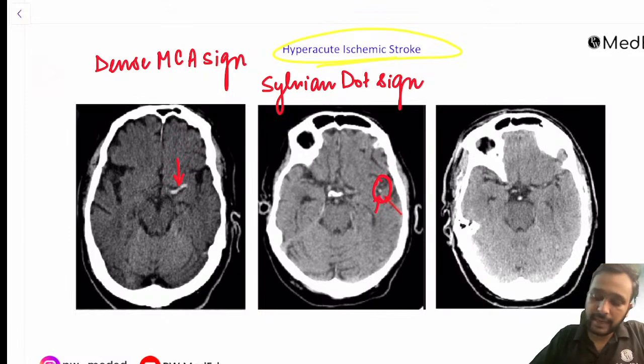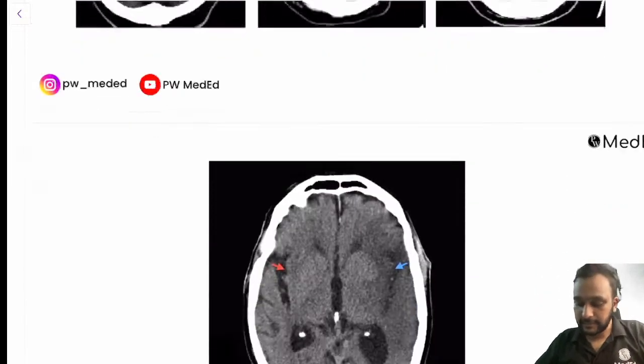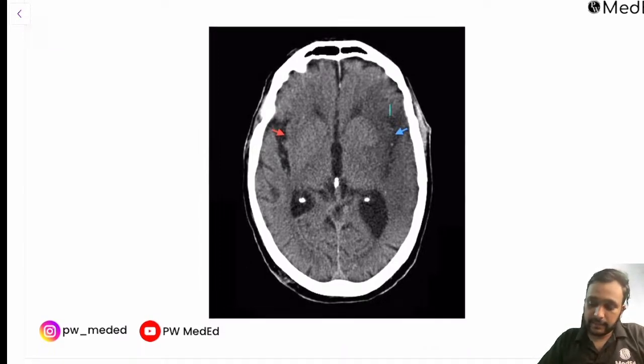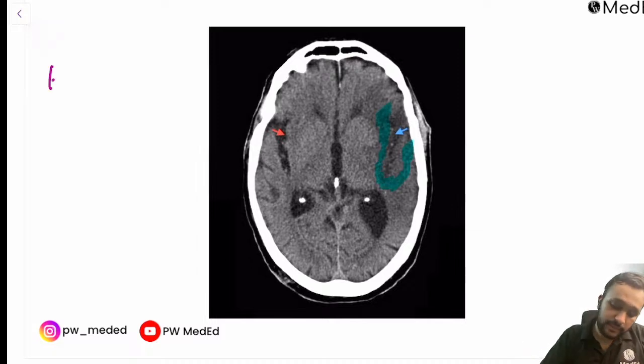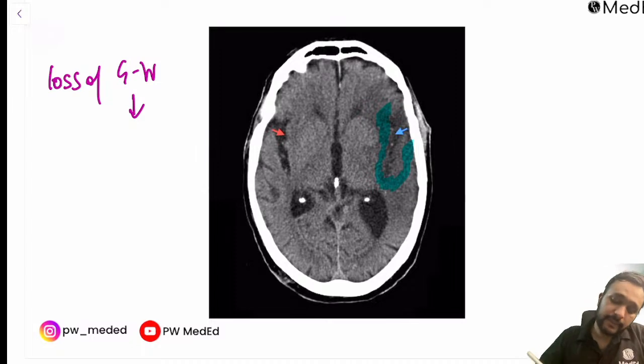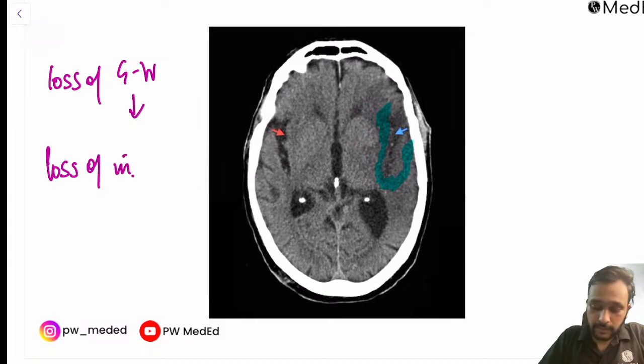and you can also see that a thrombus can be present in the basilar artery. So this is your dense basilar artery sign. So in this image we can see that there is loss of gray white matter differentiation in the insular cortex. And this is again a very important sign that you can see in a patient with acute infarct, right? And this is known as loss of insular ribbon sign,